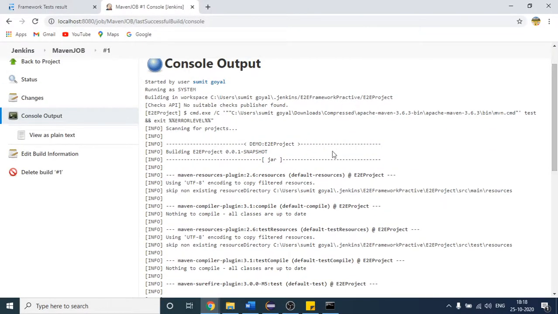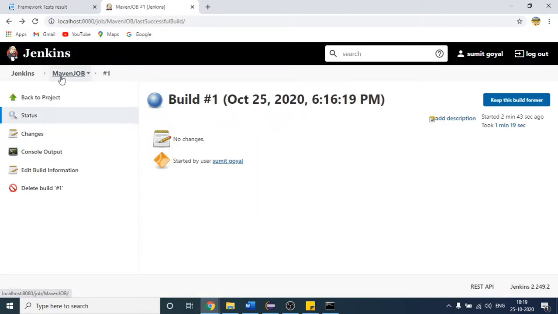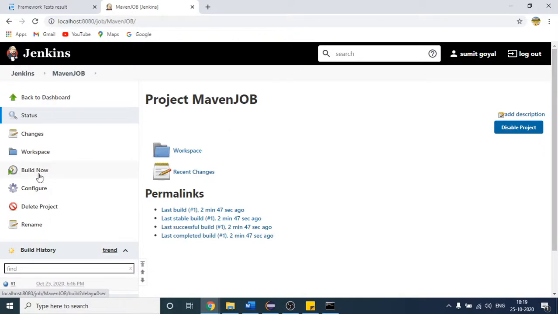But here, as you see, again this is a manual step, right? I have to click that again, and I do not want that. If I want my test cases to run at 4 a.m. in the morning, I am not going to open my company laptop and click Build Now every time, right? So again, this is a manual step. We did that step so that we would learn how to create a job for the project. To automate this as well, we do not want to click Build Now at 4 a.m., so let me click Configure.